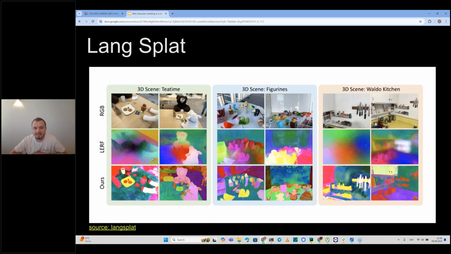We need to understand what types of objects, what semantic structure the part of the world that we are observing has, and what it consists of.